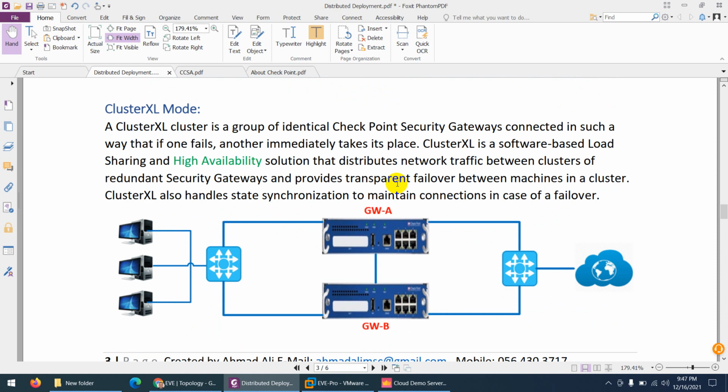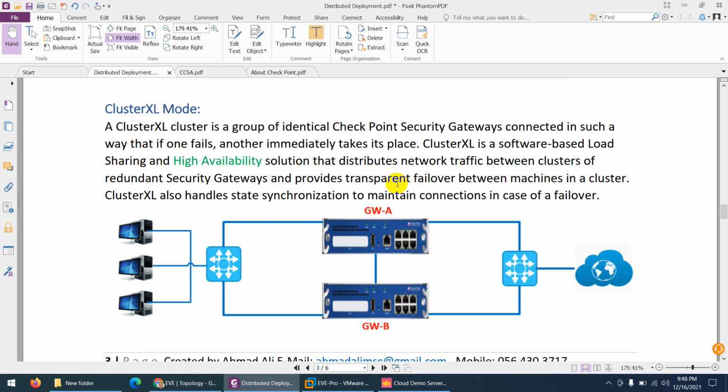We already discussed this in other firewalls, like Palo Alto, FortiGate, and FTD. Every firewall has this concept, but they call it something different. Here they call it ClusterXL, so it's basically nothing but HA. When you configure two identical security gateways and one fails, the other immediately takes its place.